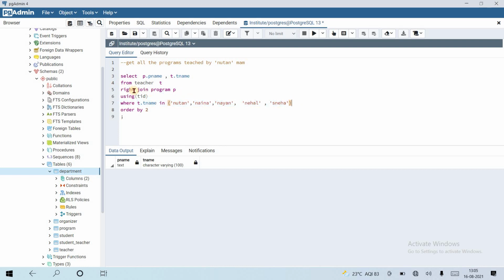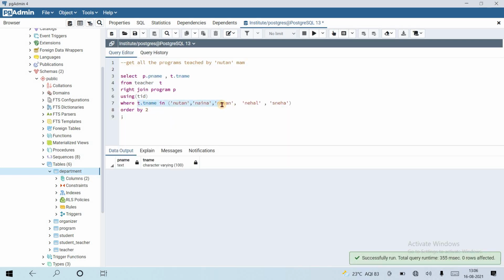If I use just a join here, then it will work fine. Why? It's still not working.